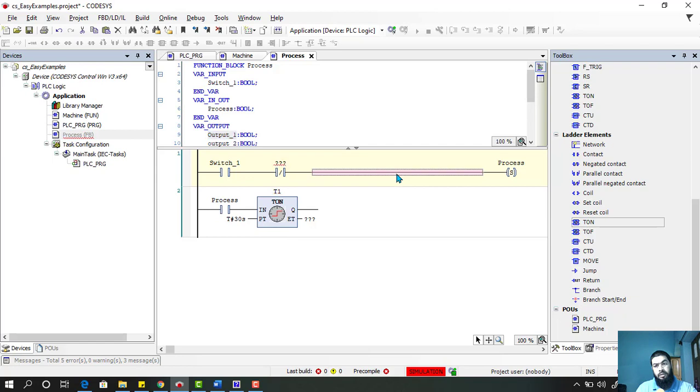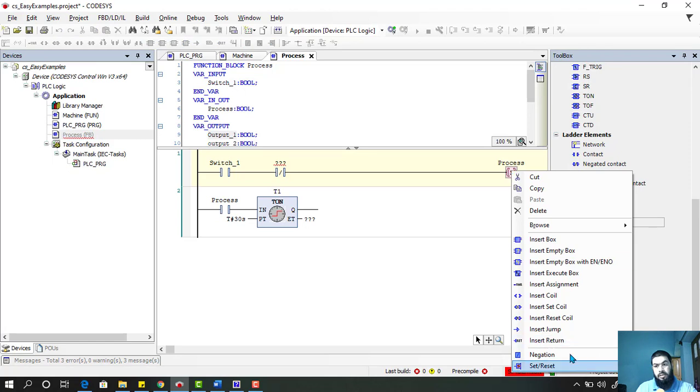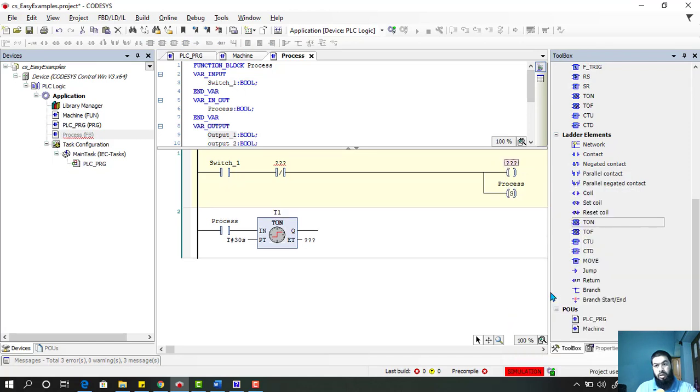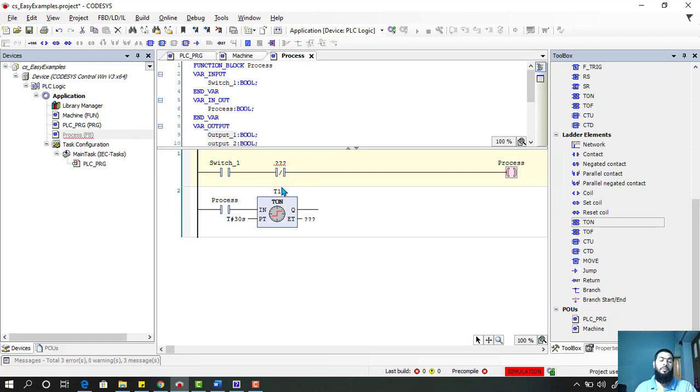We have to prevent this. We can insert a coil instead of set and reset. We give a coil here, and that process. Okay, so when this is running,